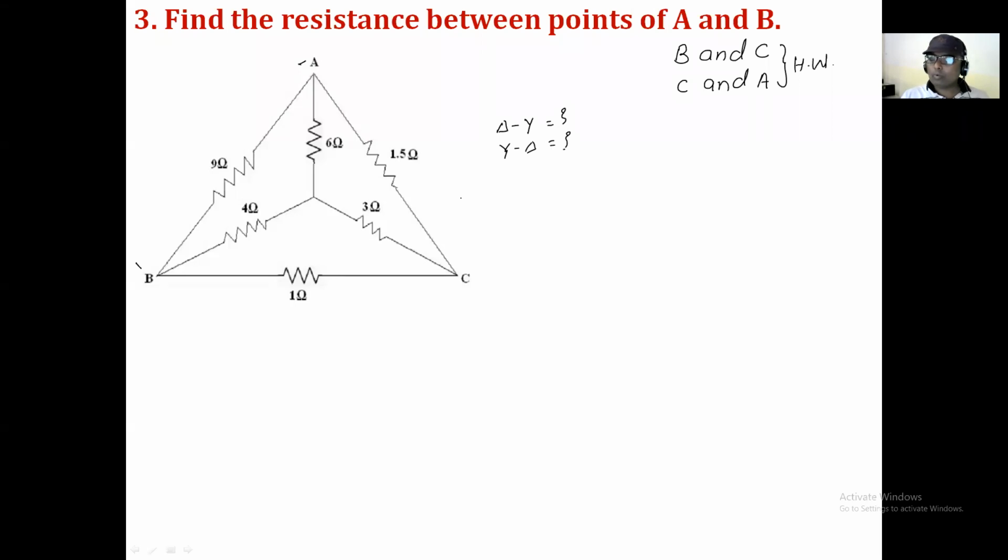This is the question in your mind. Right now, we will think about both the things, star to delta or delta to star, and then we will check it. Is it right? If you say that the delta is converted into star, then definitely the same diagram comes, but how can it be connected? What about this neutral point? It means that there is a problem when we convert the outside delta into star. But if you convert the inside star into the equivalent delta, then the picture will become like that.